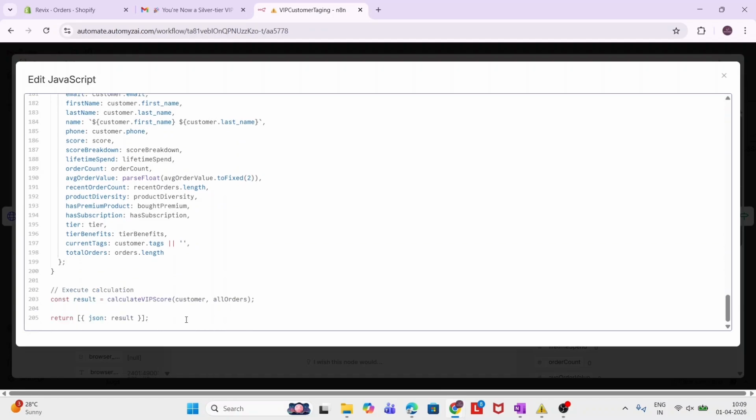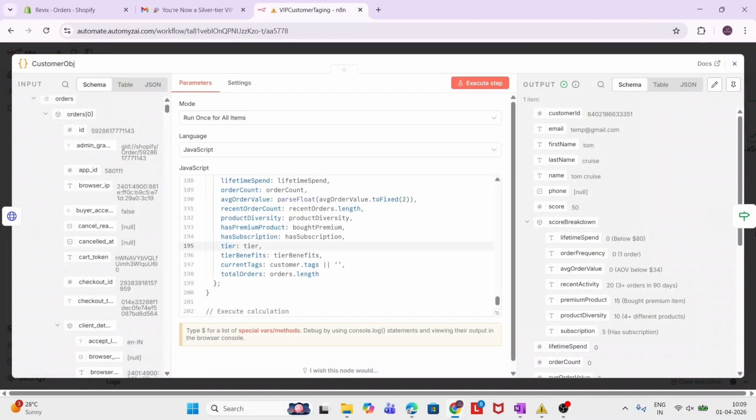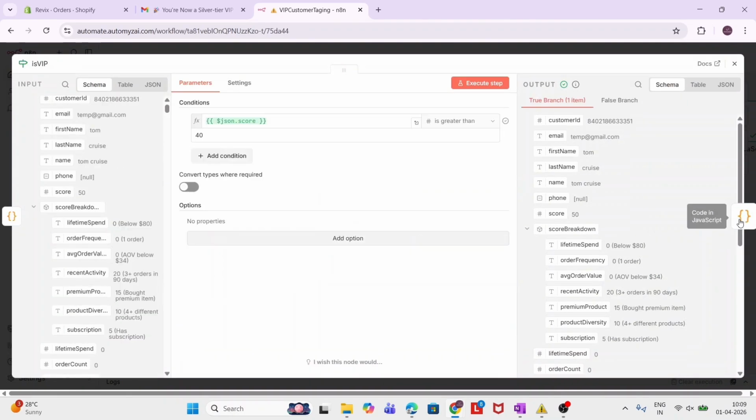Then we are checking if the customer is VIP or not. If the score is greater than 40, it means the customer is VIP. It doesn't matter if the tier is silver, gold or premium. In the next node, what we are doing is applying